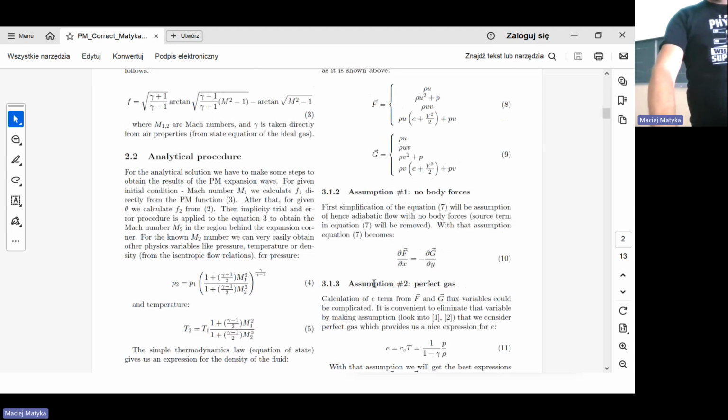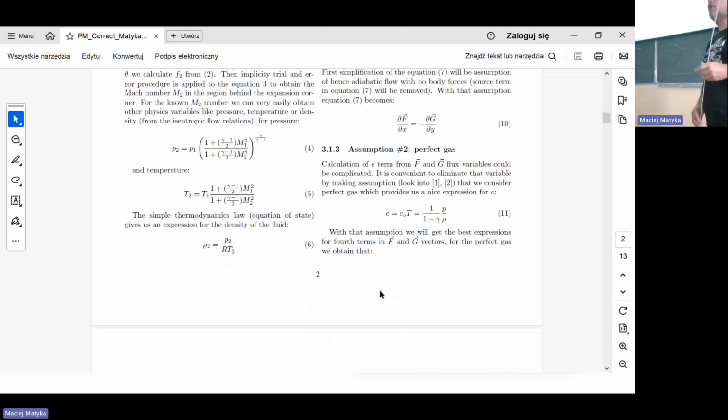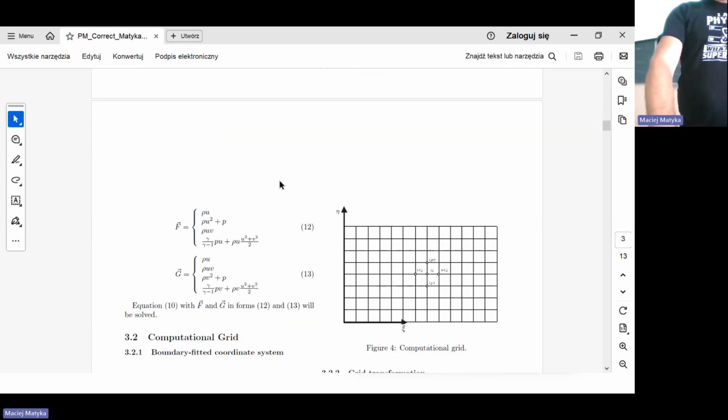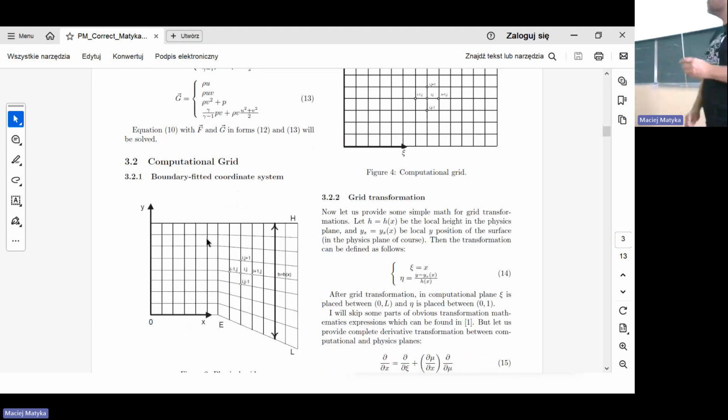There is no body force, there is a perfect gas assumption. You have to assume something about the state equation because it's compressible. So you need to know what is the pressure-density relation and so on. You need to assume something about temperature and so on. But I was more interested in the numerical solution, because it's interesting from the numerical point of view that you are working on a grid which is changing